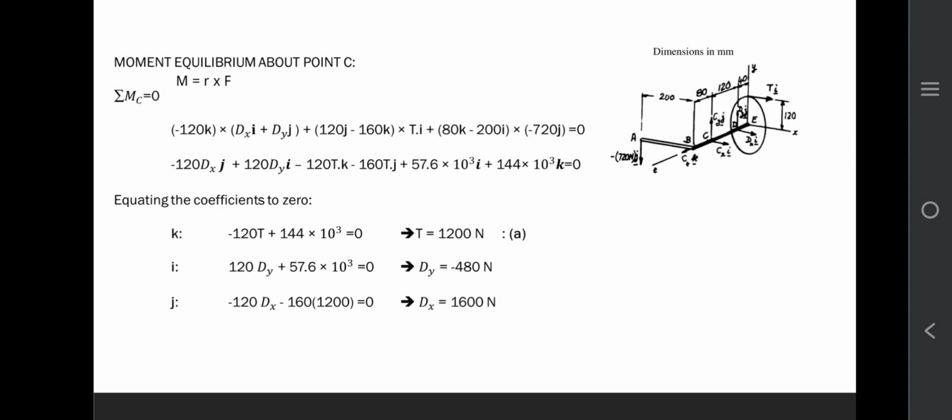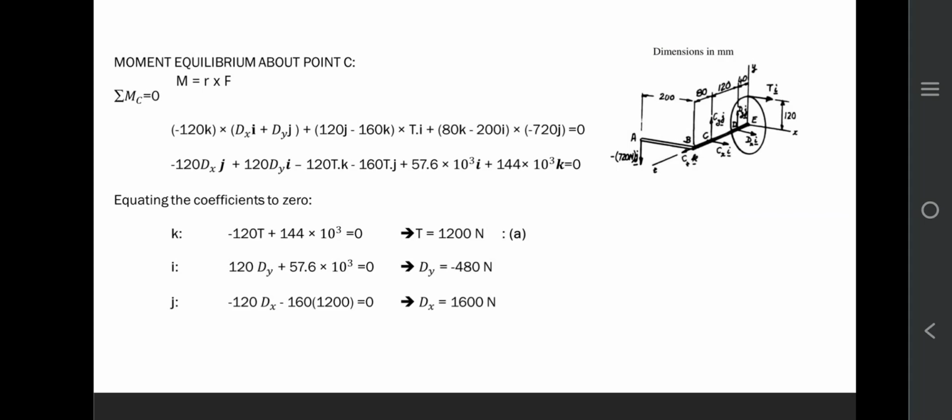So let's find the tension in the cord and the reactions at C and D. Sigma Mc equal to 0, that means moment at any point is equal to 0, so moment at point C is also equal to 0. Moment at point C due to D is equal to 120 into force at D, that is dx i and dy j. Since it is a clockwise moment, we are taking it as minus, and